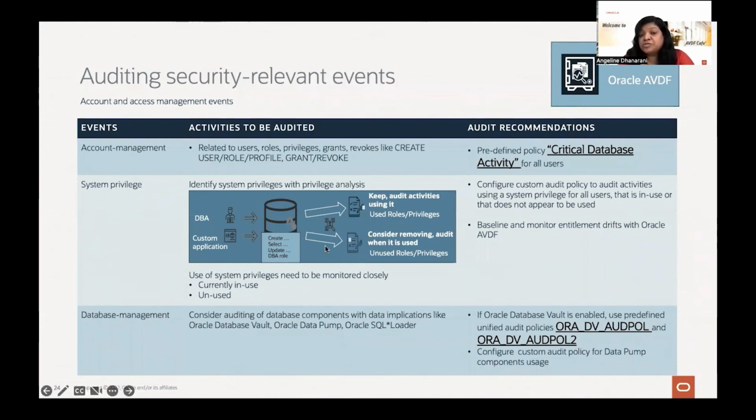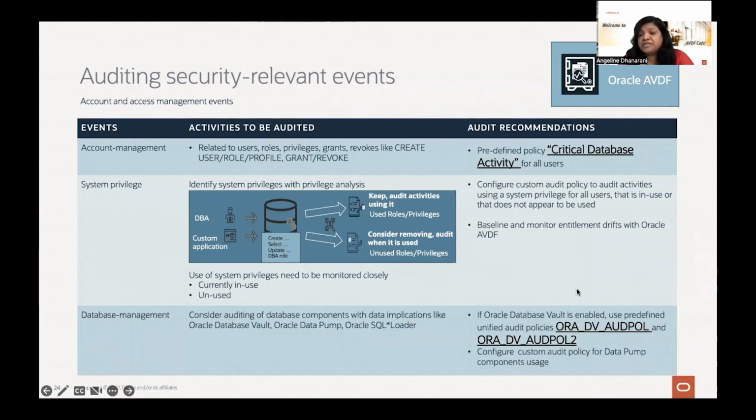So if you want to keep some of these used ones, it's good to configure audit on them so that whenever it gets used, you get to monitor it. If they are unused system privileges, consider removing them. But if it's something like year-end processing, where you use some of these system privileges, you would still want to monitor them. And you can create the audit policy for tracking whenever it is used.